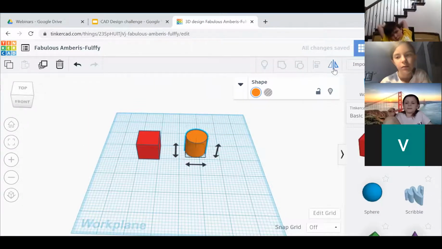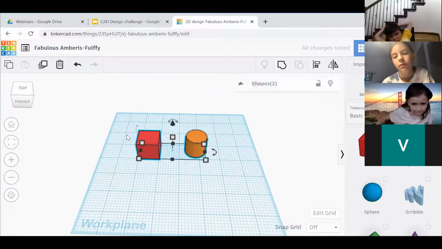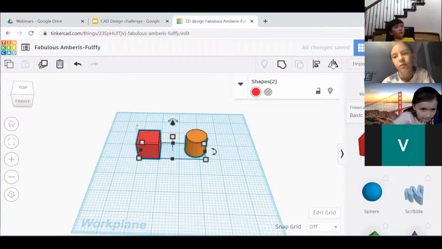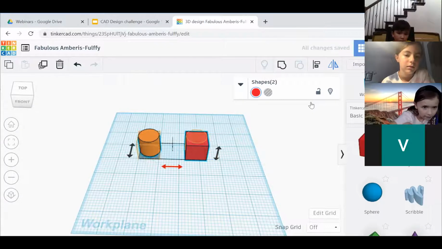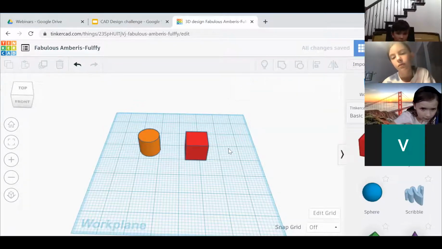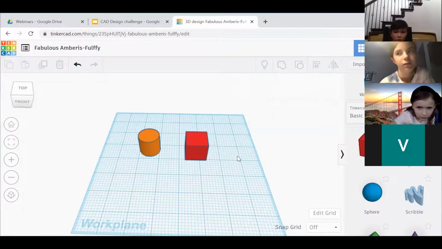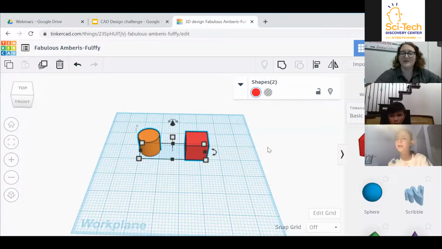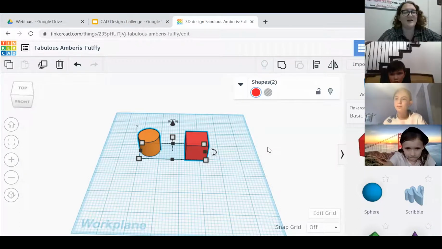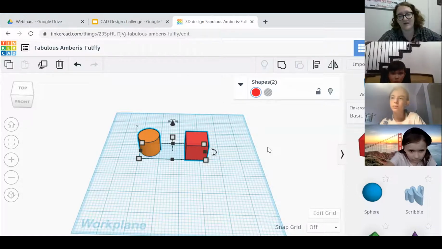Another great function is the mirror function. Basically what that does, again, if we select these, it moves around your objects, and you can switch places like that. You can switch up and down, left and right. So again, it's just an easier way to mirror things, move things around, make your shapes nice and symmetrical, and put them where you want them, basically. Okay, so those are just a couple great features. Again, one of the best ways to learn Tinkercad is to just go on there, play around, get creative,